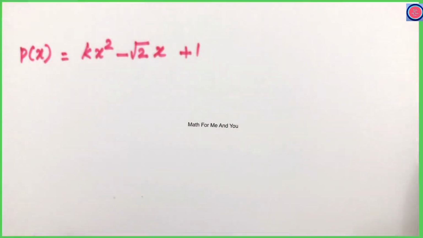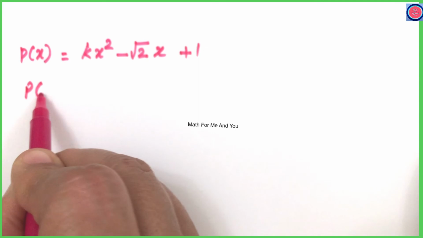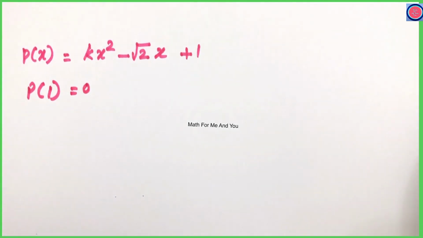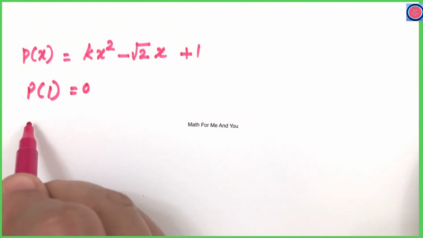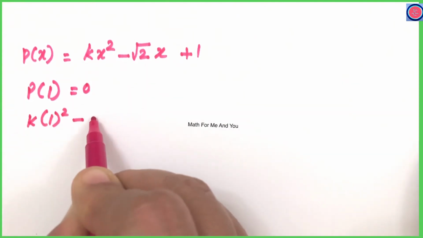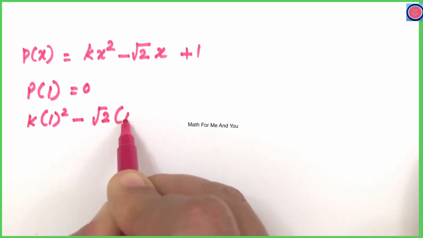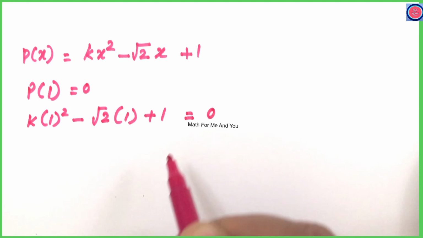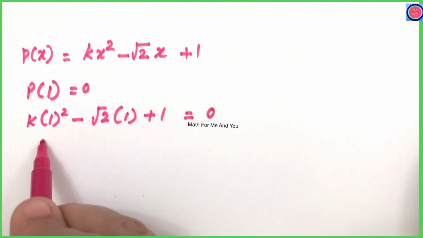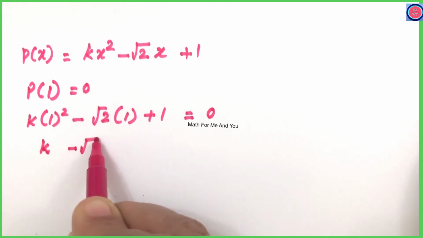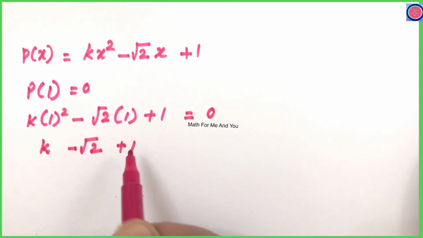Next polynomial p of x is kx square minus root 2x plus 1. Here also p of 1 is equal to 0 because x minus 1 is a factor. And now we can find what is p of 1. Change every x with the number 1. K times 1 square minus root 2 times 1 plus 1 is equal to 0. K times 1 square means it is k, minus root 2 times 1 is root 2, plus 1 is equal